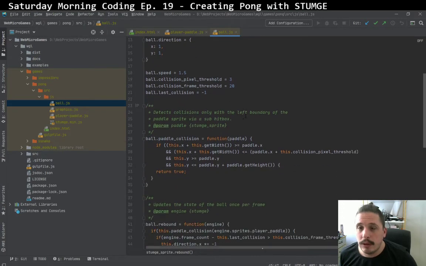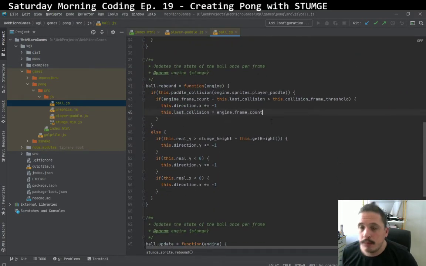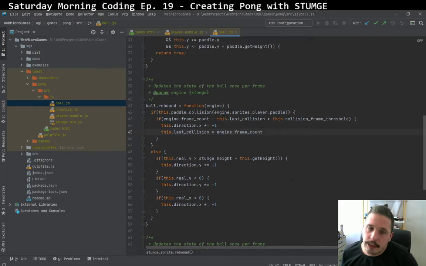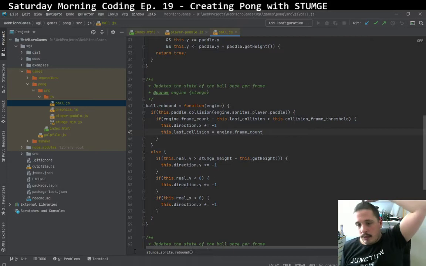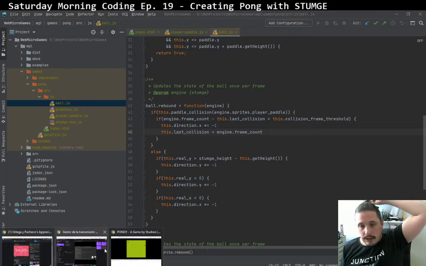So instead of checking that it's bigger than 0, what I want to do is that